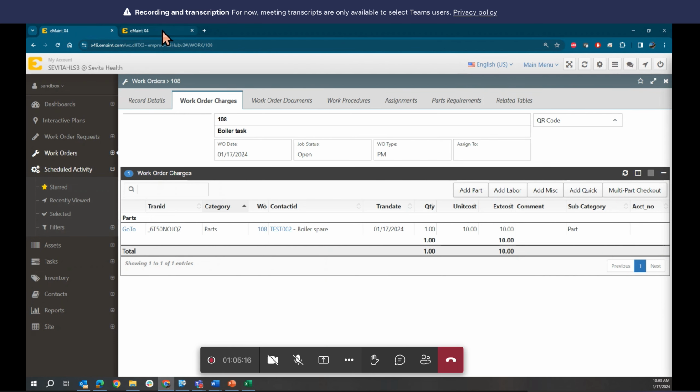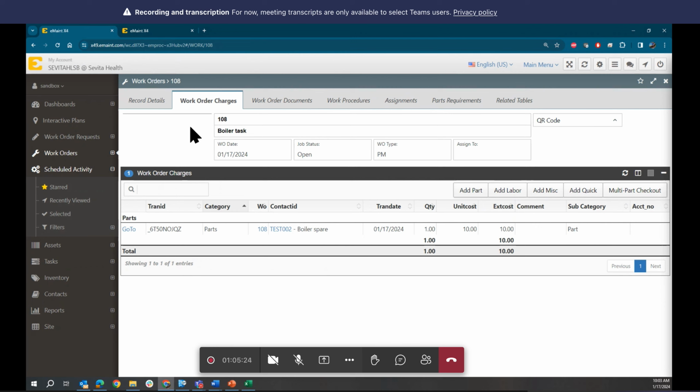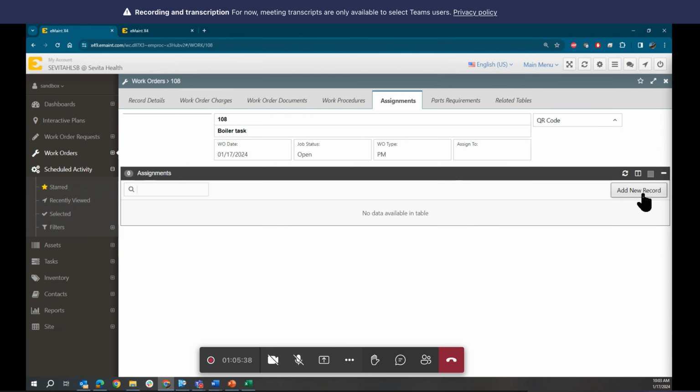So if I click here, I have the schedule activity, the same schedule activity. This is the work order in this tab that I create manually, and that one includes in the add quick the bill of material that I create. Also, for this work order, we have the assignments,